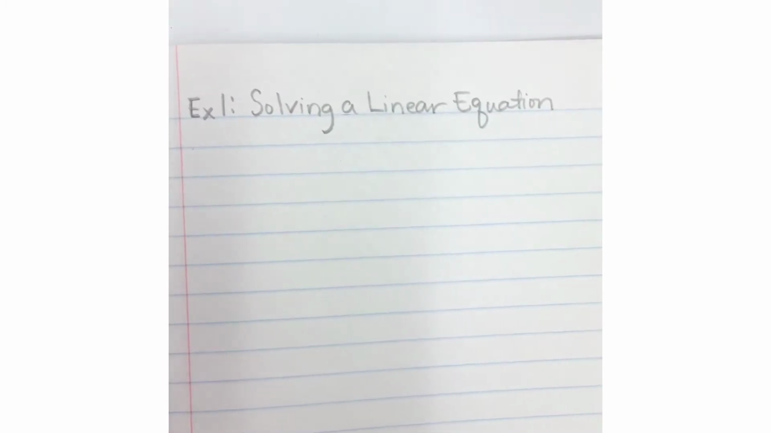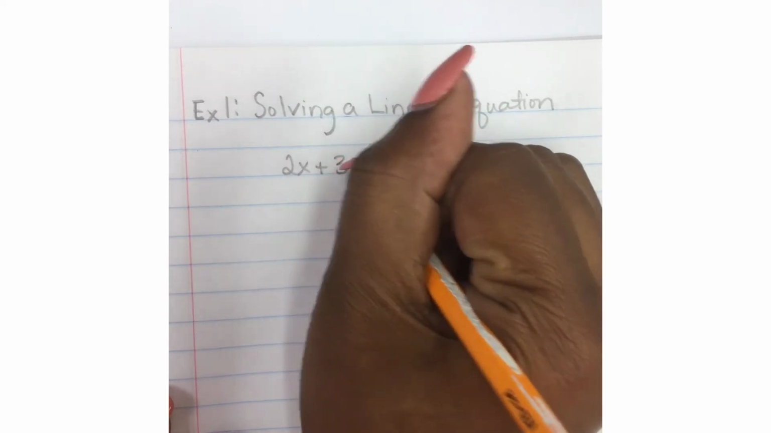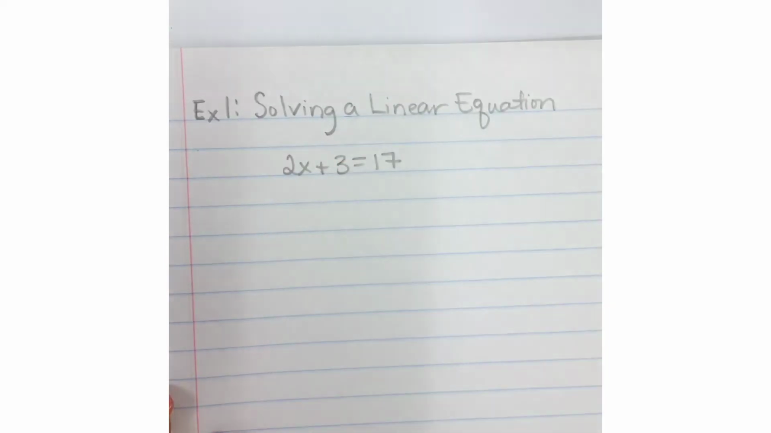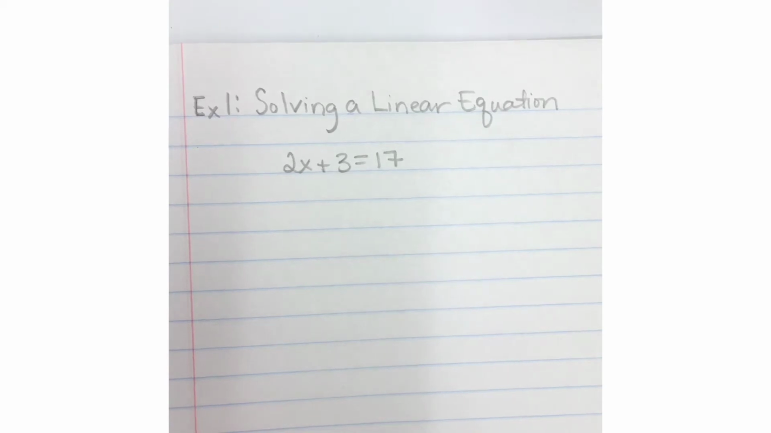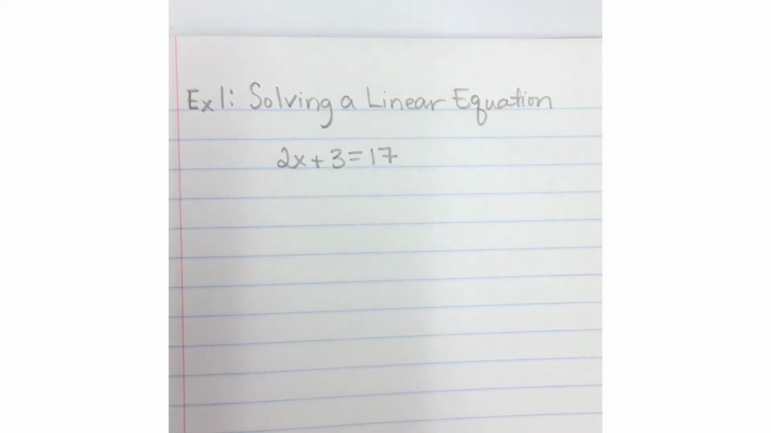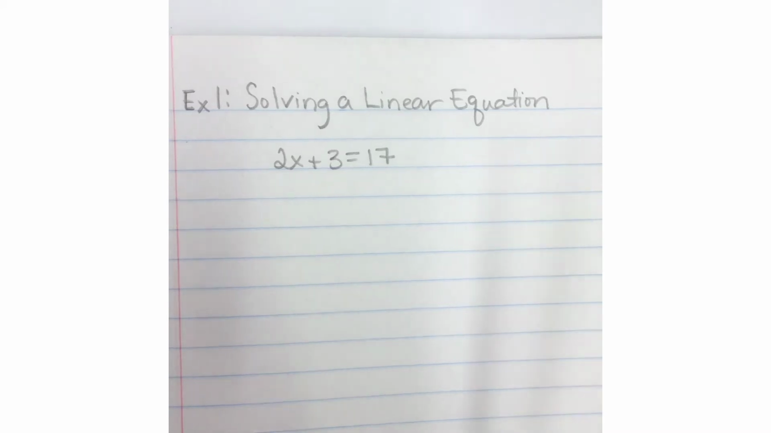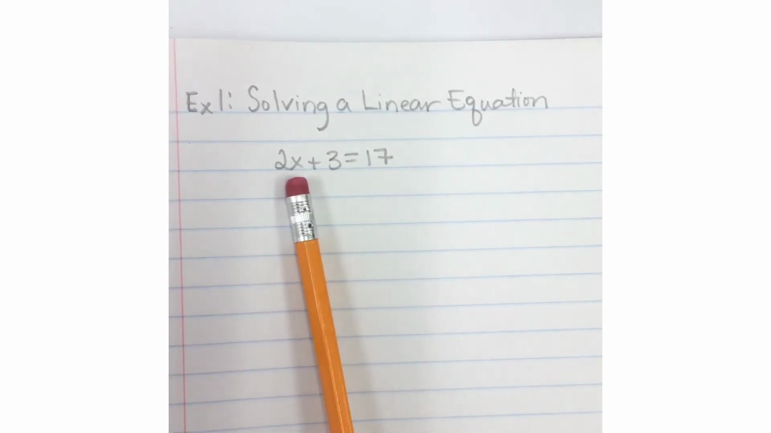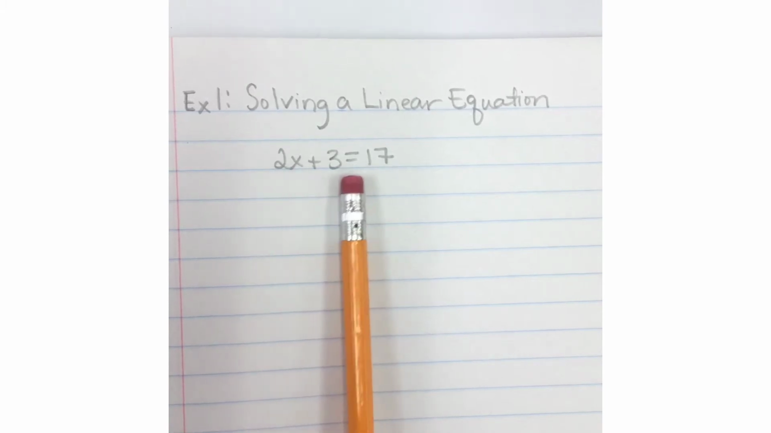Okay, so let's say that we have 2x plus 3 equals 17, and we want to solve this linear equation. Now, whenever we're looking at solving any type of equation, that means that something is missing and we need to find the missing element. And the missing element would be this variable x. And so what we need to do is get this x by itself, but we need to move some things